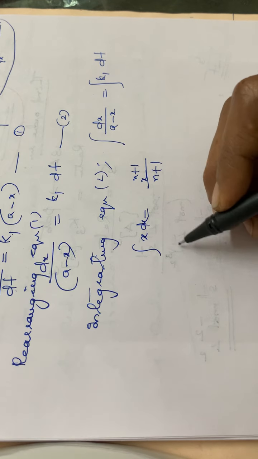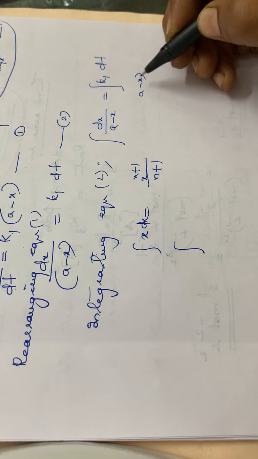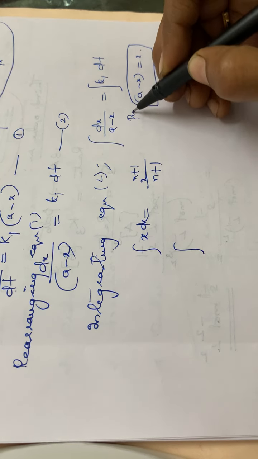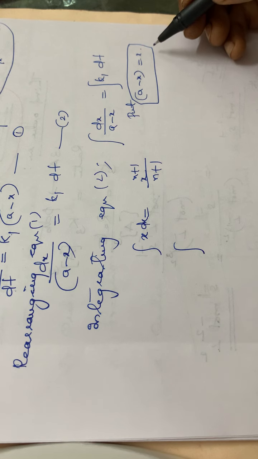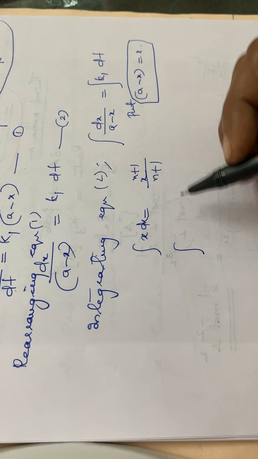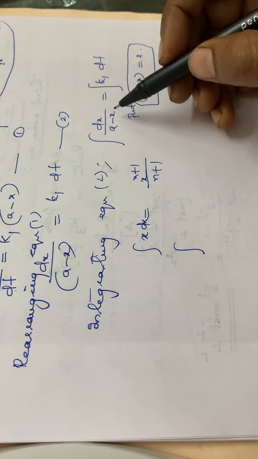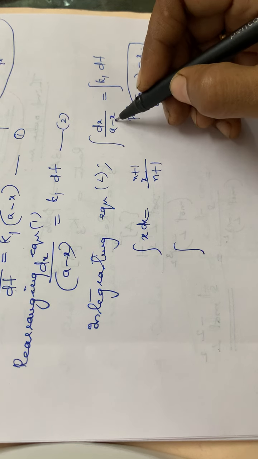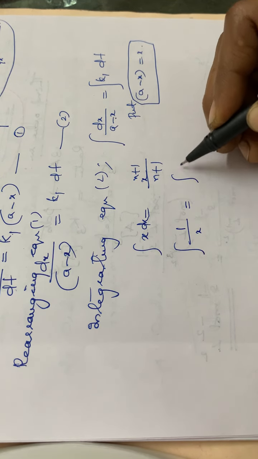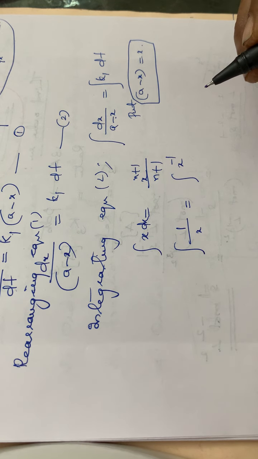So here, suppose I am considering a minus x is equal to x. Putting a minus x is equal to x, just for the sake of integration, then while integrating this equation, what happens? This is in the denominator, so I am putting it as 1 by x, isn't it? That means integral of x raised to minus 1. While coming to the numerator, it becomes x raised to minus 1.